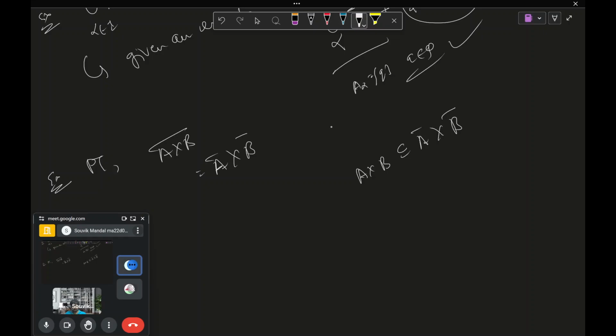Correct. So if you take the closure on the left hand side, that is also a subset of the right hand side. Yes, this is one side. What about the converse? Similarly,